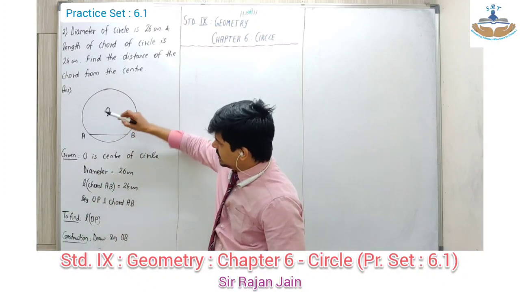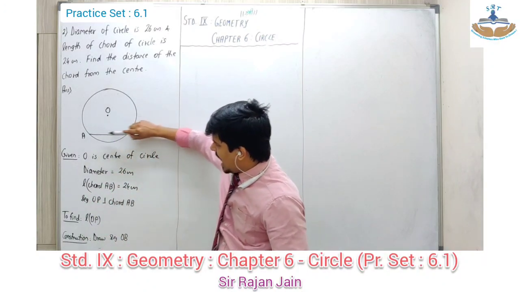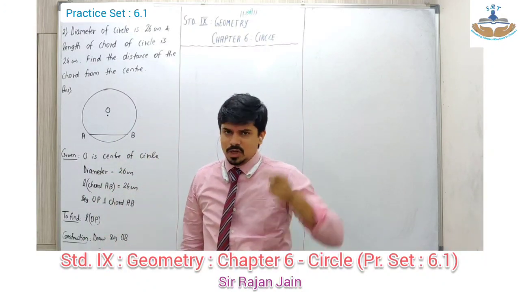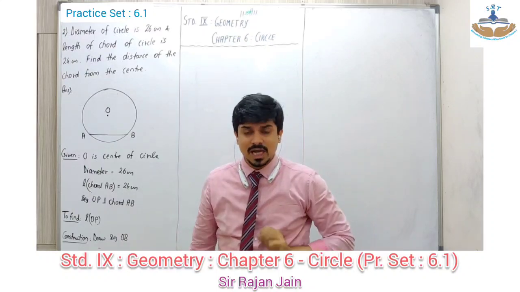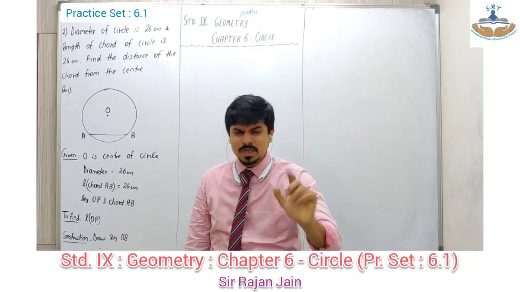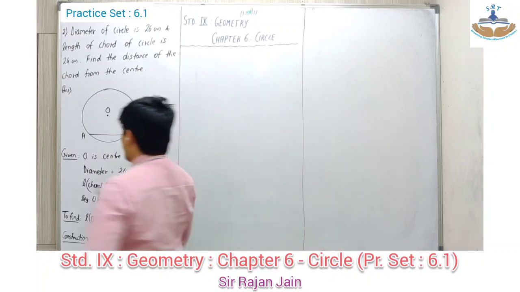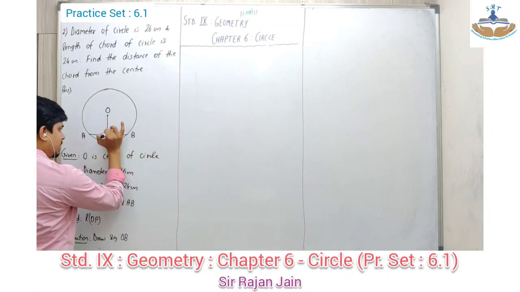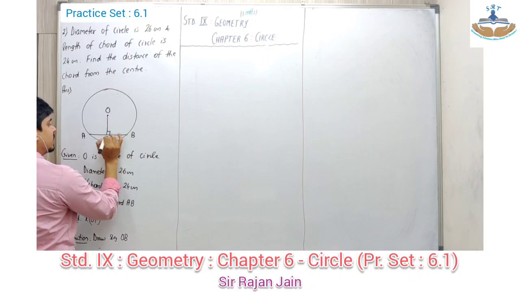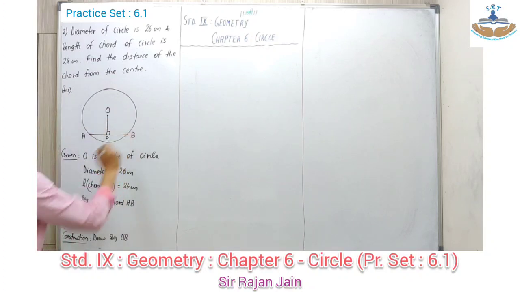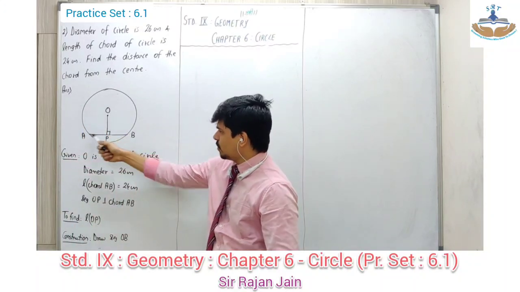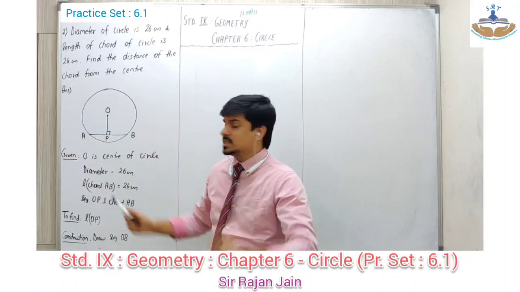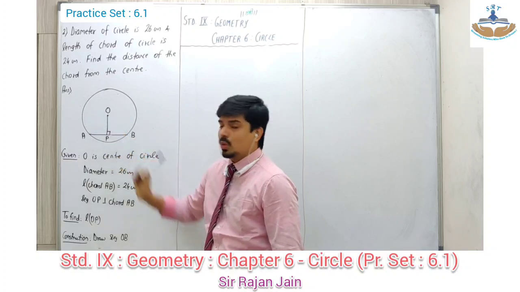Now I want the distance between this center and the chord. मैंने आप लोगों को क्या बोला? कौन सा भी पॉइंट और सेगमेंट के बीच में अगर डिस्टेंस के बारे में बातचीत होता है, that distance has to be the perpendicular distance. So what I do is from the center I drop a perpendicular over here. So say OP is perpendicular to chord AB, and if I want distance of chord from the center means I want to find length OP.